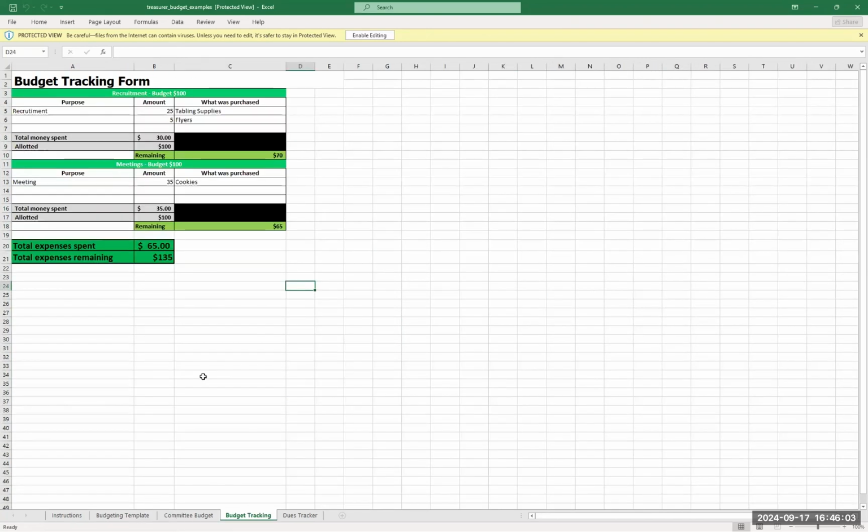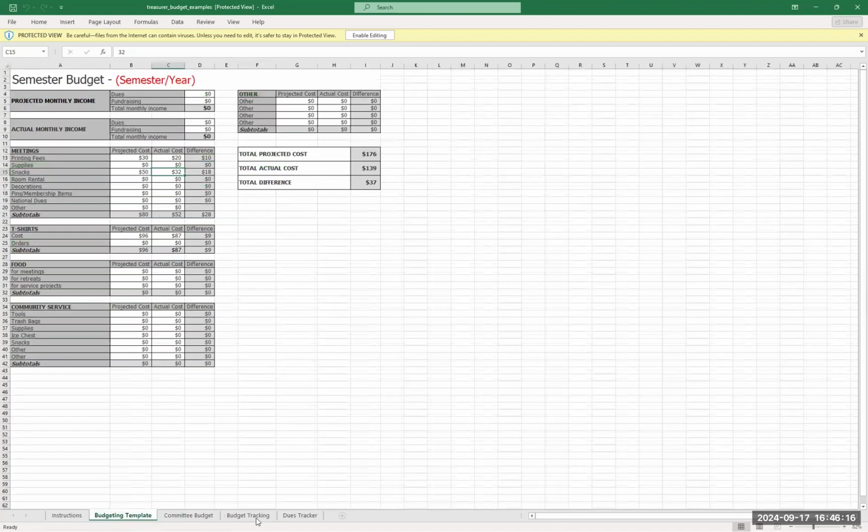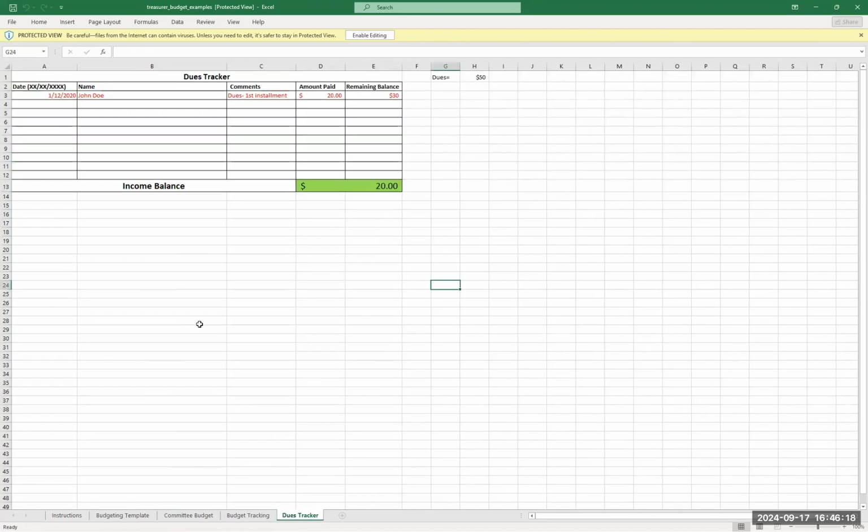And then it's just another budget tracking form: how much we should spend on recruitment, flyers and cabling supplies, meetings, and the amount of tickets. This is very similar to the other one as well. And then this is a template for a dues tracker. So if you need an example on how to keep up with dues, we have a tracker for that as well. Like I just did, this is downloadable from our Student Activities website,